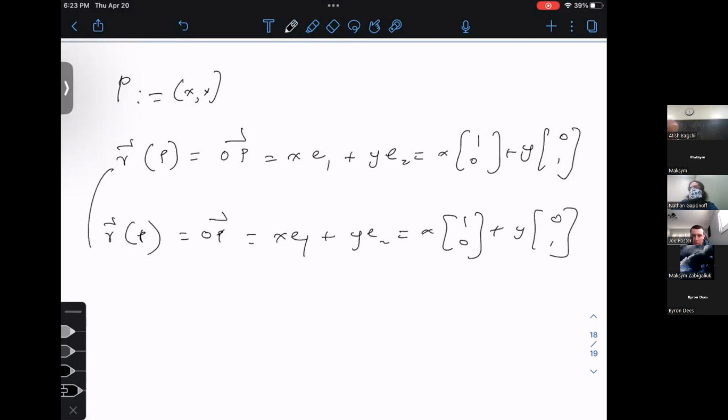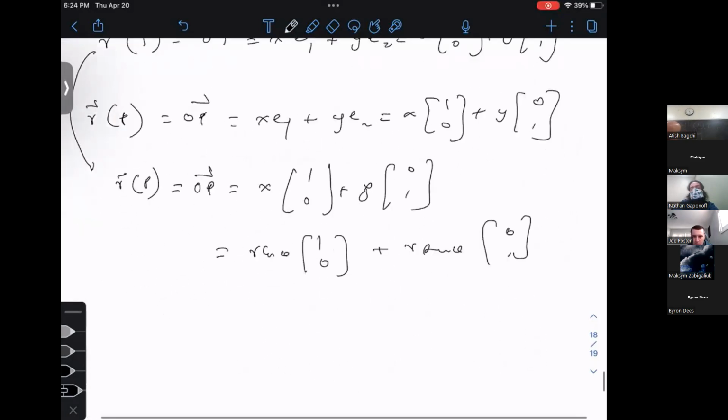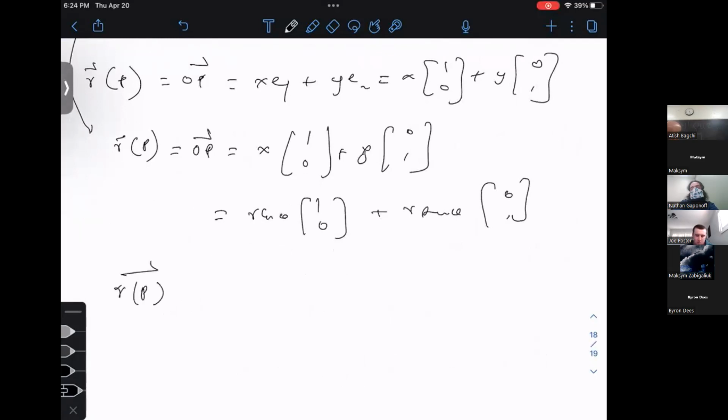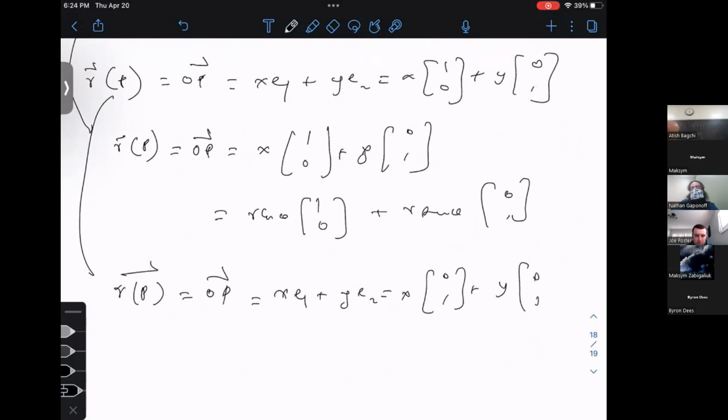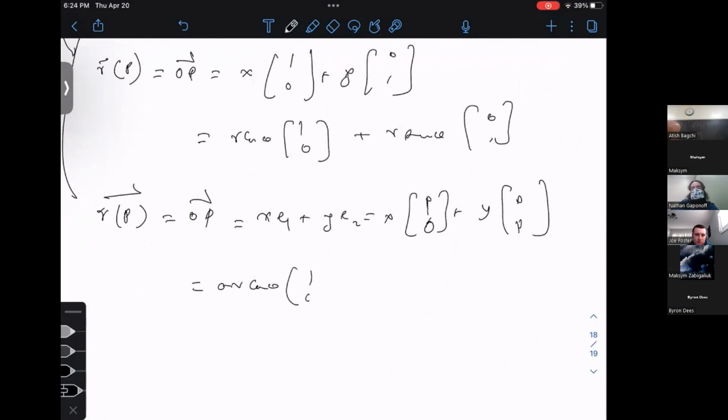But from here, we get Rp, which is equal to OP, which is equal to x10 plus y01, which is equal to r cosine theta 10 plus r sine theta 01. But in our case, from here, we will get OP equal to xe1 plus ye2, which is equal to x10 plus y01, which is equal to AR cosine theta 10 plus BR sine theta 01. Clear? We are doing exactly the same thing. Hence,